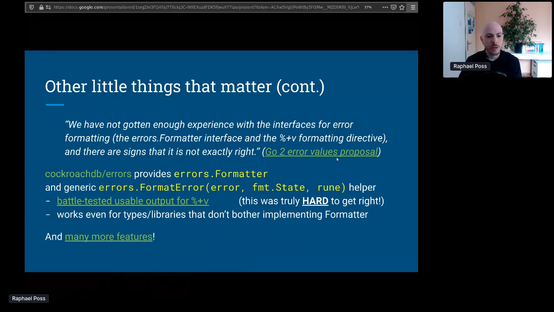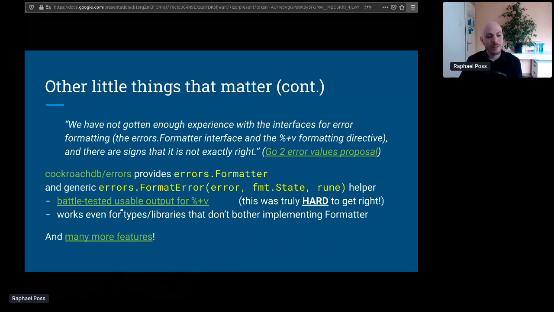Another thing that's kind of funny is that there is this comment in the issue about the version 2 error value proposals. I didn't exactly know how to format an error with %+v when you do formatting of strings. We tried to do it, and we eventually succeeded, but it took us a lot of work. So I agree with the assessments that the initial implementation was not exactly right. It was actually pretty wrong and terrible, but it was not that easy to fix. It was a lot of work.